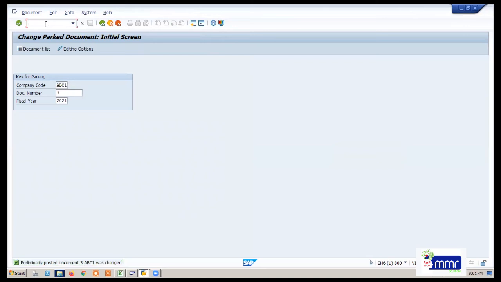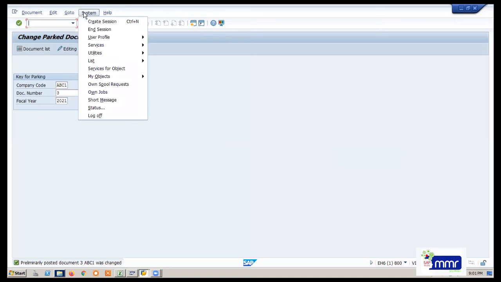Now the part is, you don't have the option to post 3000 rupees with your credentials. You have to send this document for approval. How do you send it? There are two ways. With the direct workflow option, you send a workflow item directly to the approver's email IDs. There is one more option: we can use the SAP inbox system. SAP also has an inbox, an outbox, and sending items. How can they send it, built in SAP?